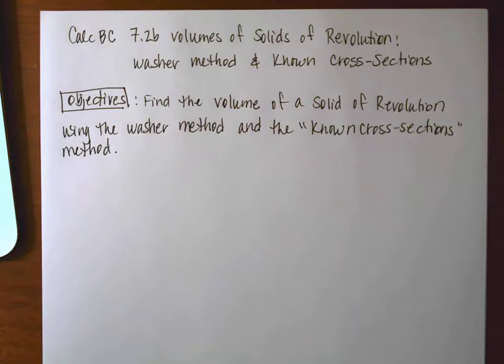Hello, ladies and gentlemen. We're going to do 7.2b today. We're going to be talking about our volumes of solids of revolution. That's a lot of words. And we're going to be using the washer method and the known cross sections method. So we've really kind of talked about our objectives already,